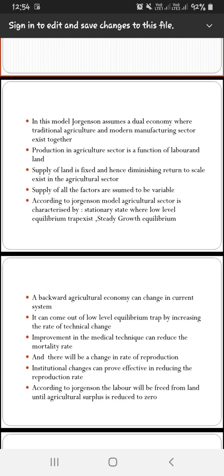If A is the agriculture population and M is the manufacturing population, P is equal to A plus M. If P is equal to A, it implies that the whole labor force is in the agriculture sector. According to Jorgenson, labor may be freed from land until the agriculture surplus is reduced to zero by using them in the manufacturing sector. If the manufacturing sector does not have a sufficient growth rate to absorb all the excess labor force, all